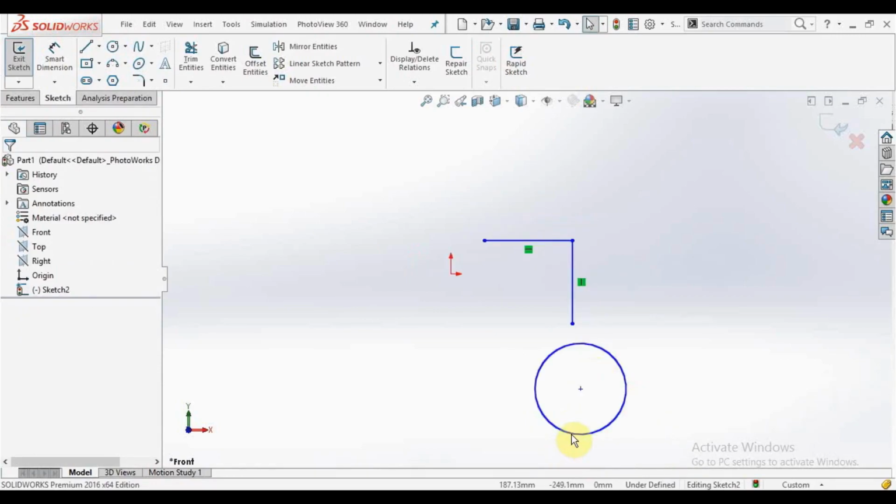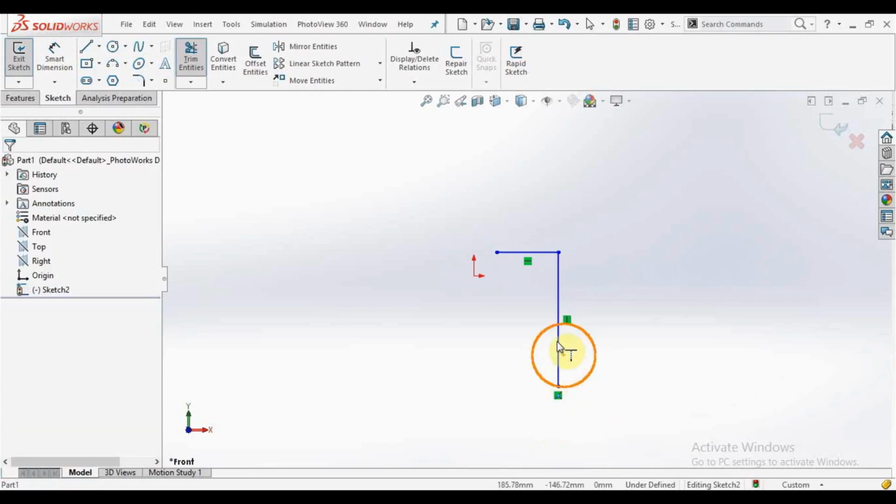So simply click on extend, and click on the line which you want to extend. You can see the preview, so click on it, and for further extension, click a second time, so you can see. And if I select a third time, it will not extend, because this line has no further reference to extend. So this is our extend tool. It is quite simple. Let's move on to our next topic, select and go outside from the command, so delete it.